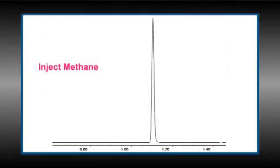A good way to look for that is to inject something that you know has no activity whatsoever and is fairly volatile so that it spends most of its time in the flow path, such as methane or butane. Methane or butane gas should have no tail at all. If you have any tailing on something like that, then you know you have some sort of obstruction or flow path problem. The other thing to look at, and we see this is a consistent trend with a lot of